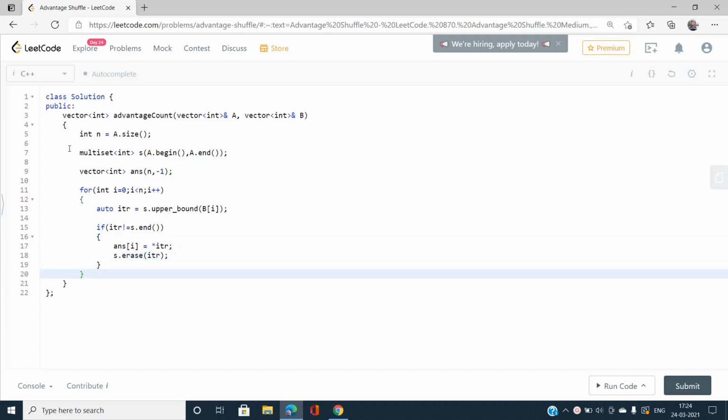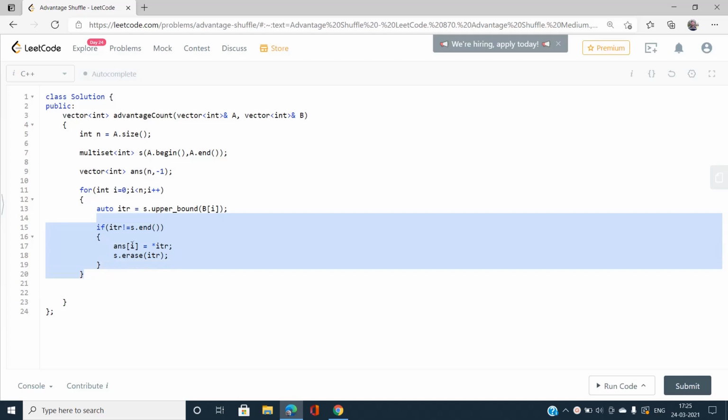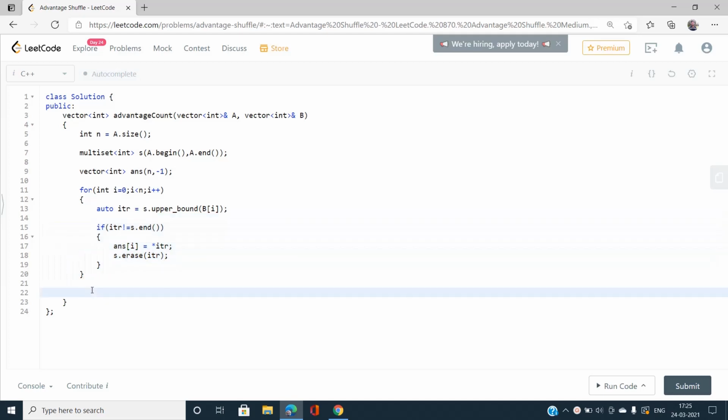It is obvious that sometimes the upper bound will point to the multiset end. In that case, this if condition will not run. So there might be some indexes in my answer vector that still remain -1, and we can fill them with any element because it doesn't increase the count of A[i] greater than B[i] for any index i.